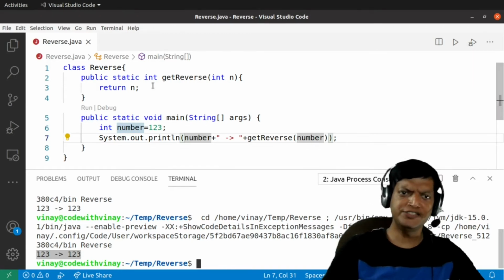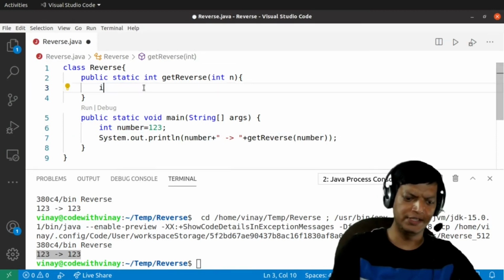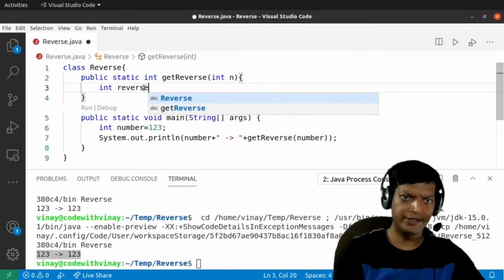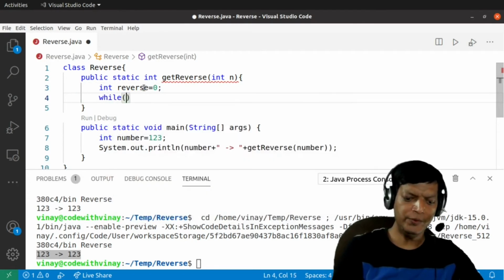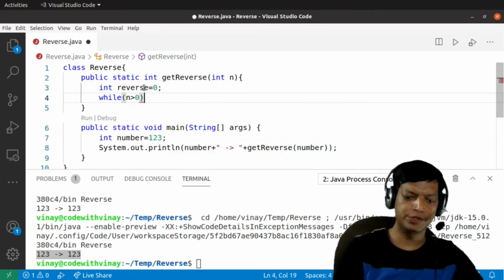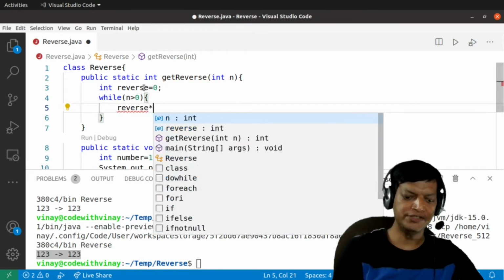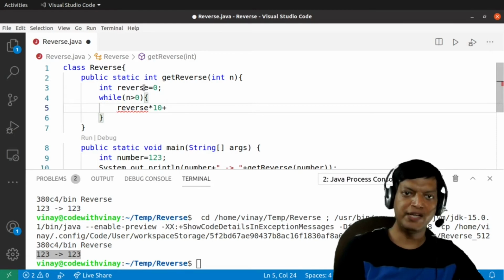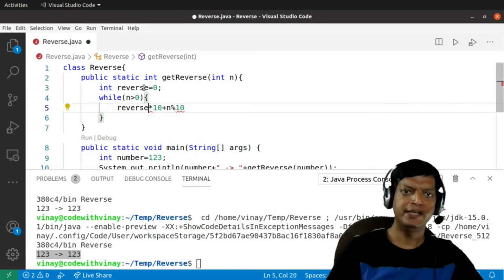Now let us begin. What we have to do now is, as we discussed earlier, we'll first take a variable reverse. Initial value will be 0, and then we'll keep on dividing the number by 10 till the number is more than 0. And what we have to do inside is we have to say reverse into 10, plus we have to add the last digit, which is actually n modulus 10, and then this will go into the reverse.